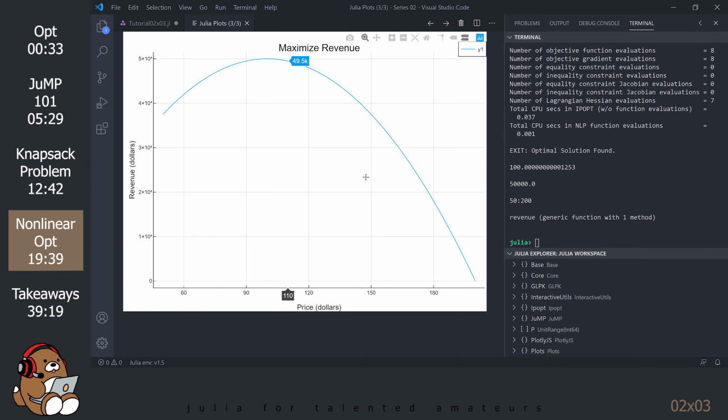Toggle on the spike lines and hover your cursor over the line starting at 50. As you can see, the revenue initially increases as you raise your price, but at some point, your revenue begins to fall as customers lose interest in your service because the price is too high. In fact, if you charge the highest price of $200, your revenue would be zero since no one would be interested in renting from you at that price. After seeing this plot, it's easy to understand why companies are interested in optimization models.